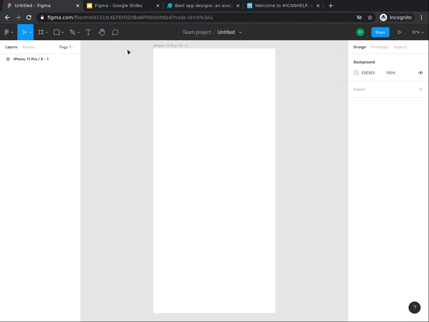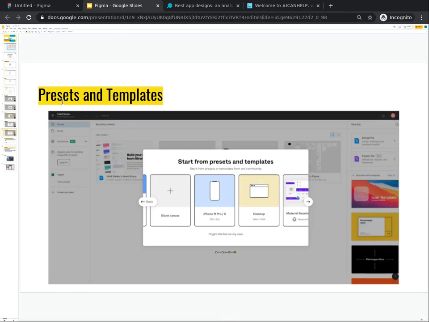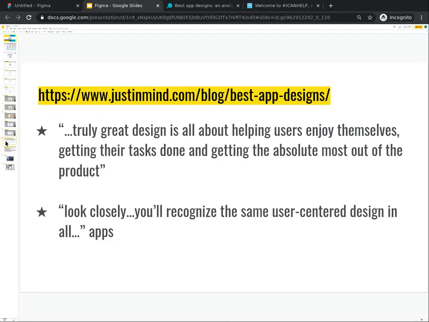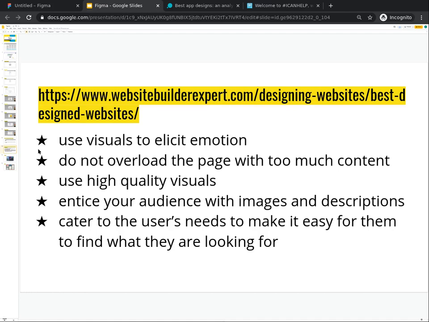If you're interested in learning more about user design, Figma has lessons you can read, and I also found the Best App Designs article to be helpful to know what is in a great app and what it looks like. The article really focuses on the fact that apps are made with the user in mind to have a positive experience. If you decide to build a web page, I also found an article about the top 11 web page designs and what to keep in mind. You may want this as a reference for future projects.